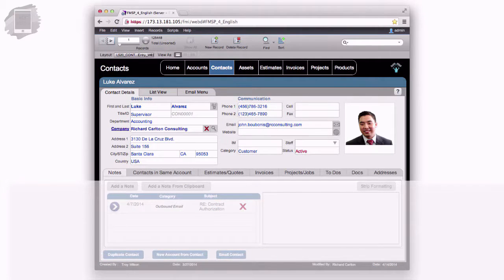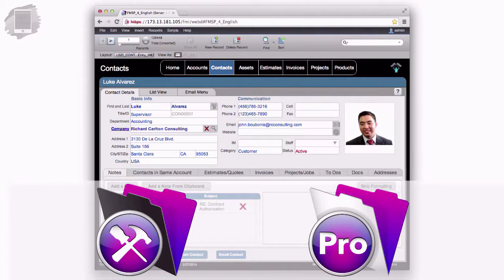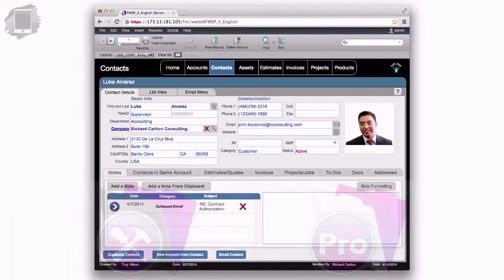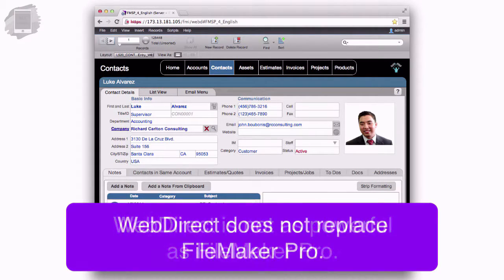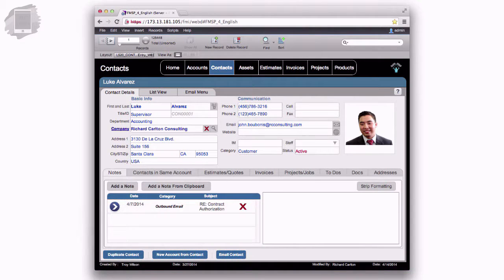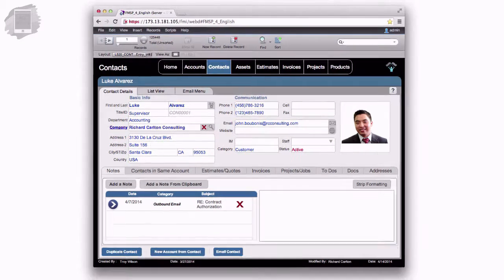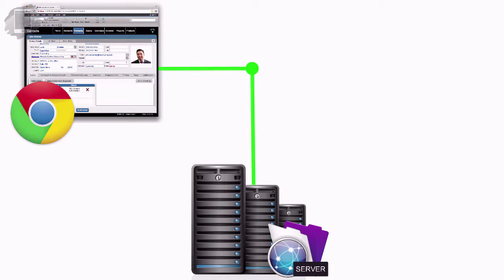Most functions and capabilities that are part of the FileMaker platform work on WebDirect. But WebDirect is not as powerful nor as quick as FileMaker Pro is. For this reason, WebDirect is not a replacement for FileMaker Pro. In fact, just because it's a browser doesn't mean that WebDirect is free. If you want to use a browser to access WebDirect, a free client, you're going to need to make sure